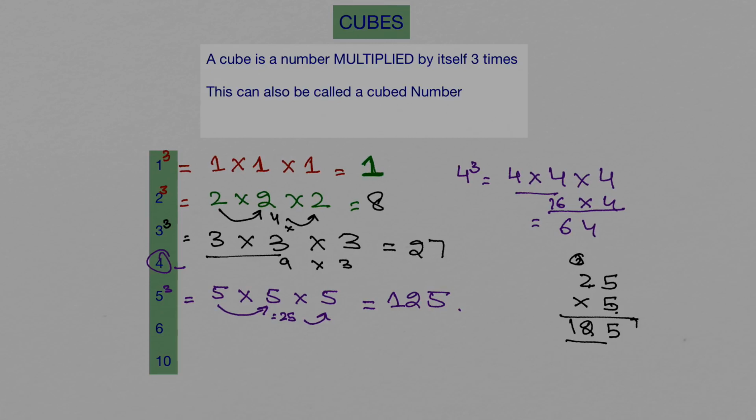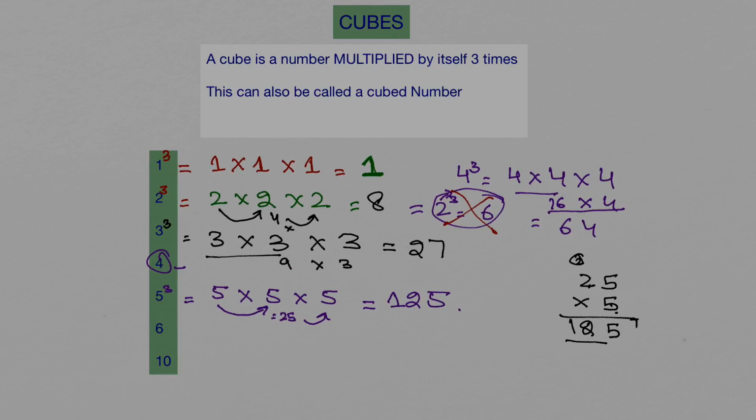I tell you where most of the students I find they end up making mistakes. Sometimes, if it's like 2 cube, rather than timesing 2 by itself 3 times, what they end up doing is timesing 2 with 3, and they write 6 as an answer, which is wrong. So please remember,